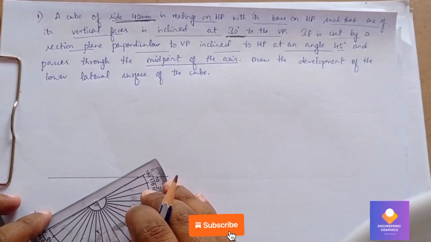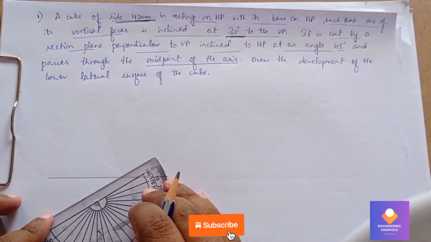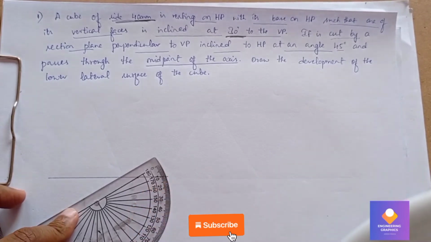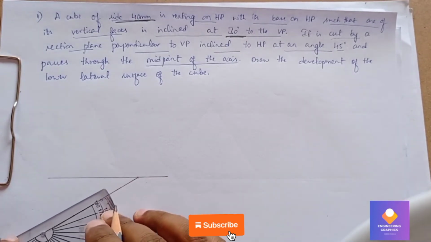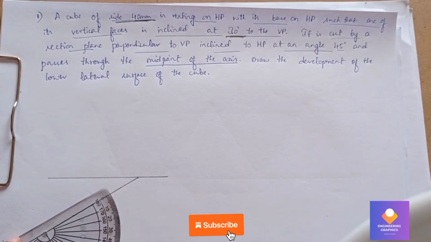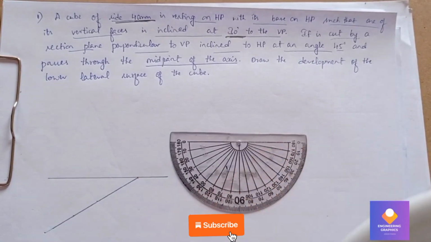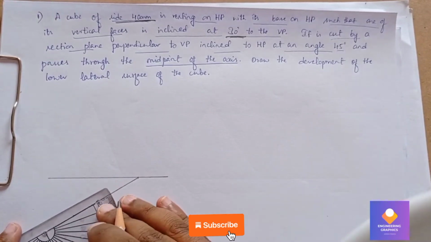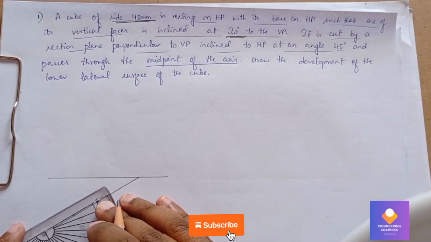So I'll be keeping the protractor at these reference points and marking at 90 degree, because we need to draw a square. All the edges were exactly perpendicular. Again I am keeping the protractor at another reference point and marking at 90 degree. Now you draw a line of length